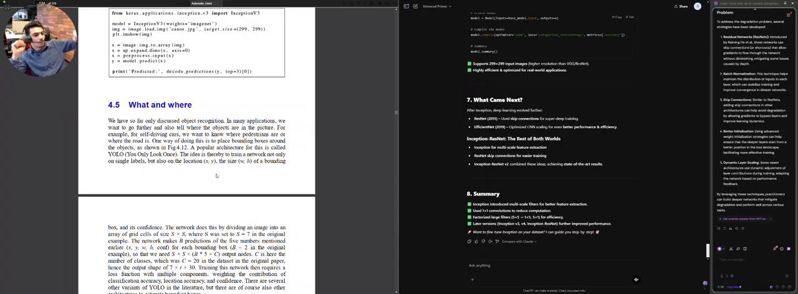So, we have so far only discussed object recognition. In many applications, we want to go further and also tell where the objects are in the picture. For example, for self-driving cars, we want to know